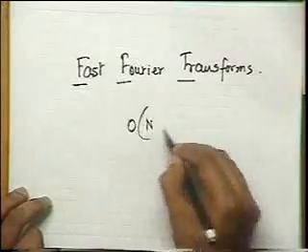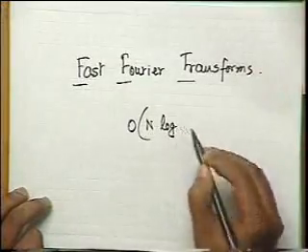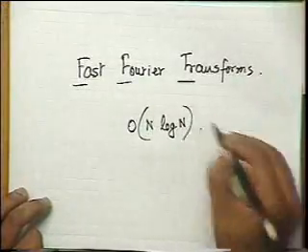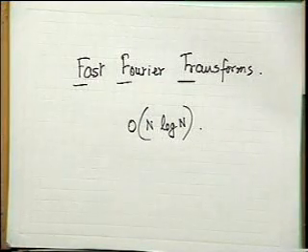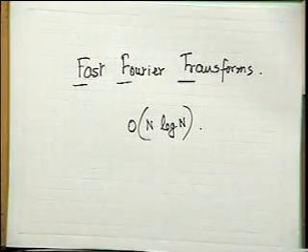Instead of n square multiplications, you have to do only order n log n multiplications. So the multiplication order comes down from n square to n log n,